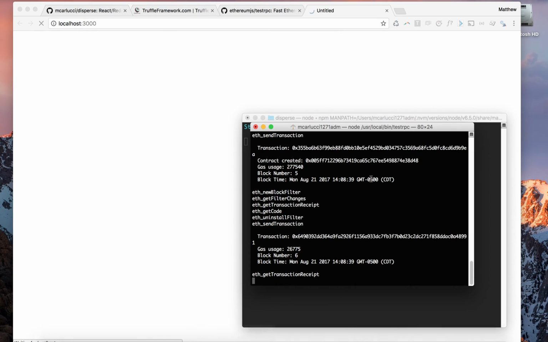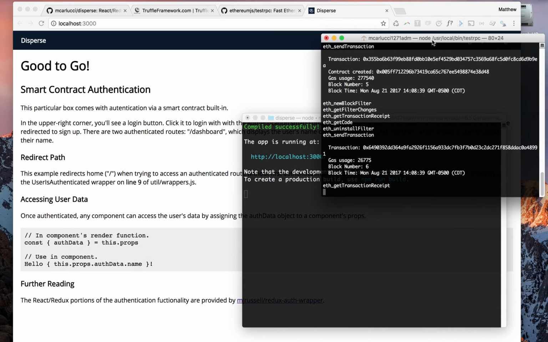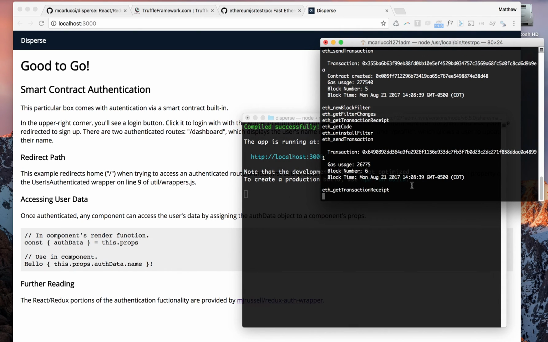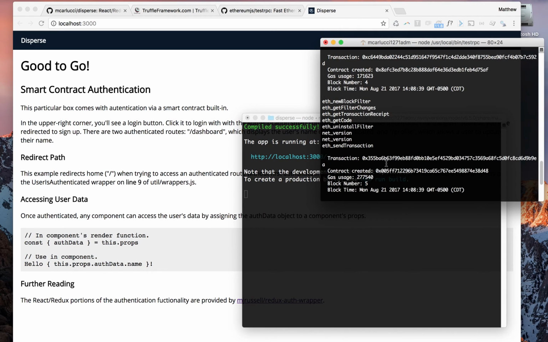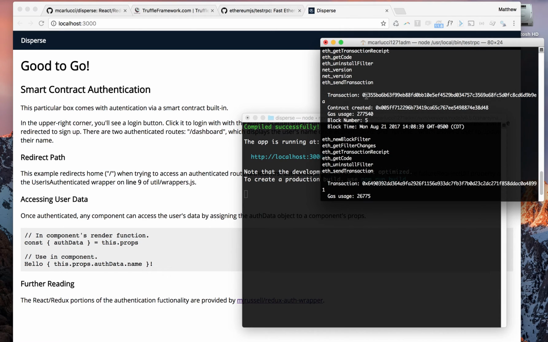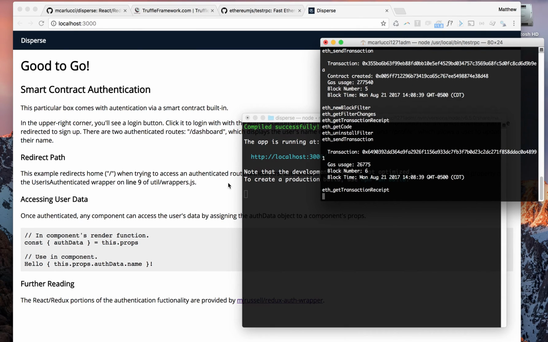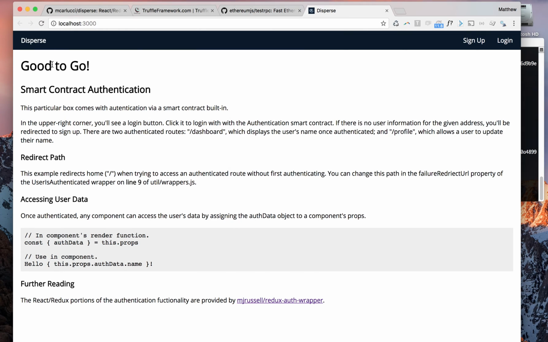So what we've noticed here is this is actually the in-memory Ethereum blockchain right here. And you can see it's spun up correctly. We have a transaction, unique ID hash map contract created. So here is the UI. So this looks a lot like the Truffle React auth wrapper. That's probably because it is. What I've done is I've made it easier to sort of get started and use this wrapper